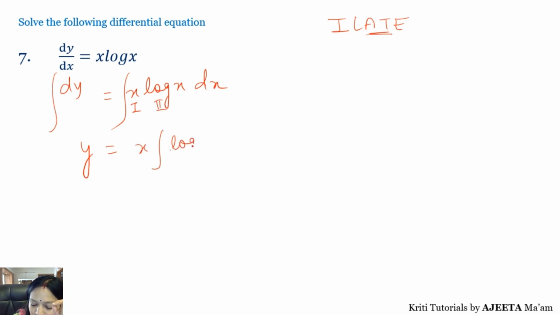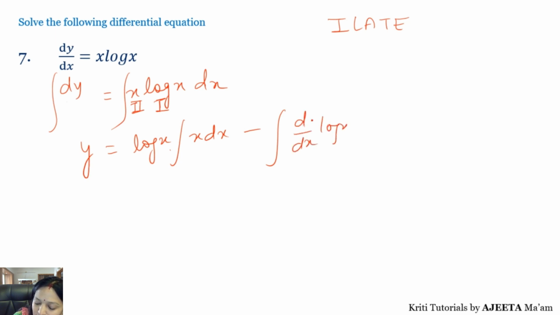x as it is, integration of log x minus differentiation of, oh sorry, I counted wrong. Wait. Now this will be taken as first function. Sorry. Okay, this will be taken as second function. Log x as it is, integration of x minus differentiation of log x and integration of x, और दोनों के